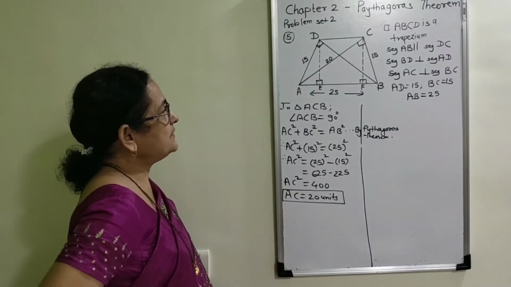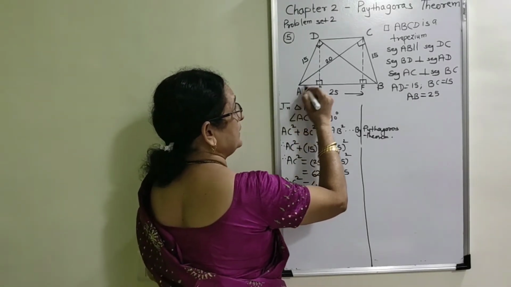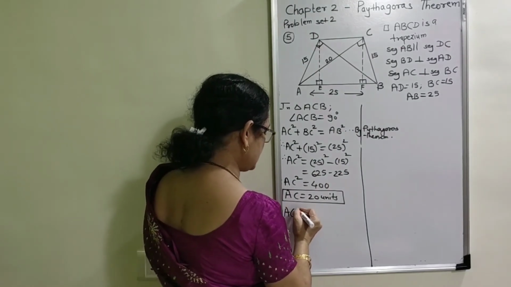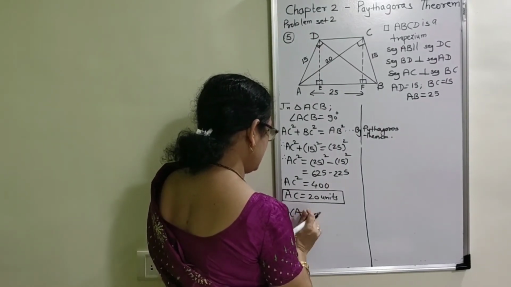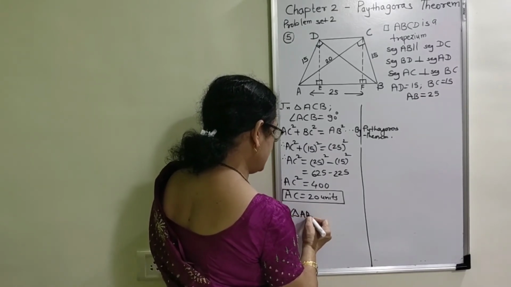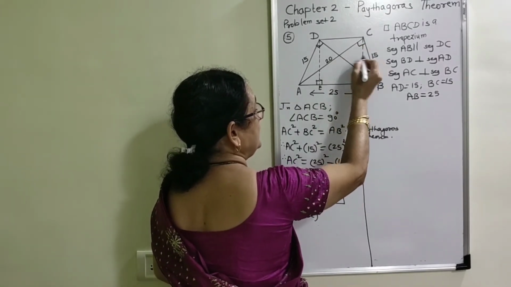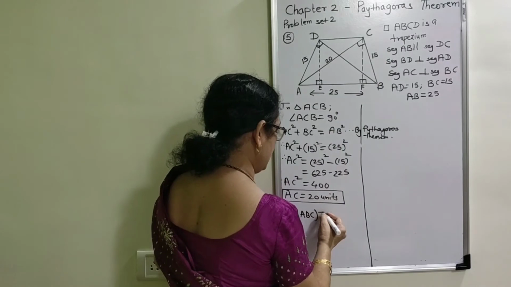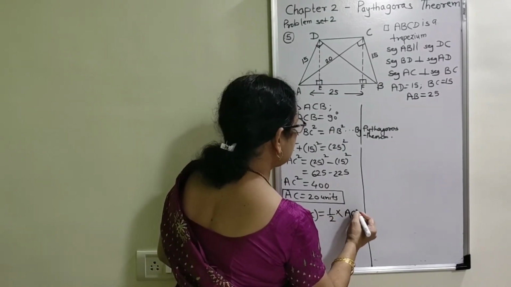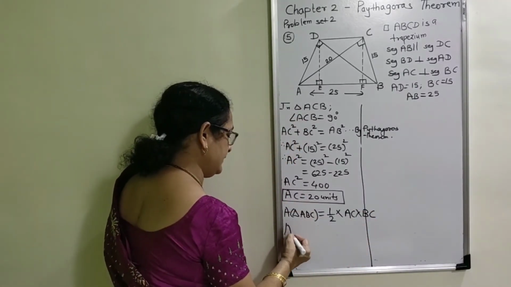Now, observe the given figure. We are going to calculate area of triangle ABC. But I am going to write the expression by two different ways. That is area of triangle ABC. First of all, this is a right angle triangle. If I take 1/2 and product of two perpendicular sides, it is equal to 1/2 AC multiplied by BC with the help of the formula of right angle triangle.